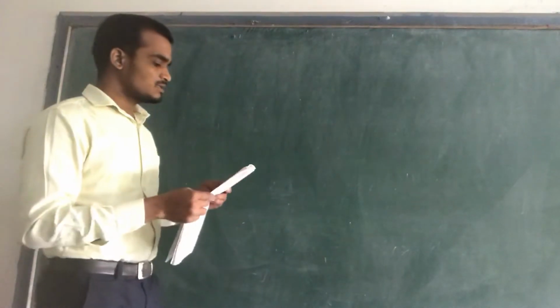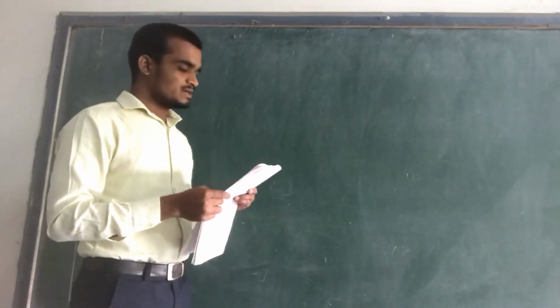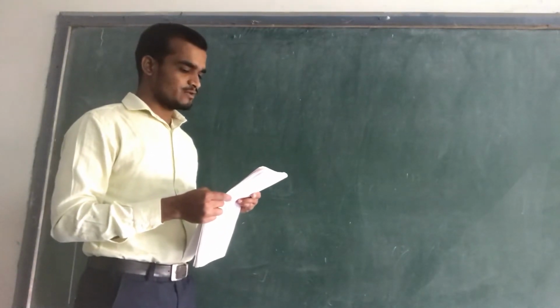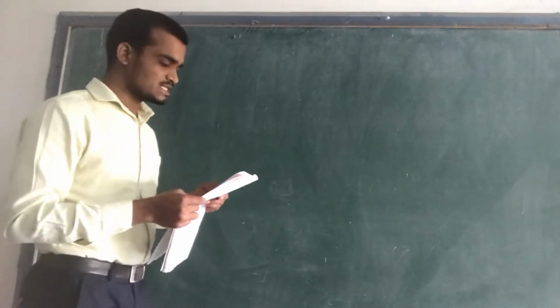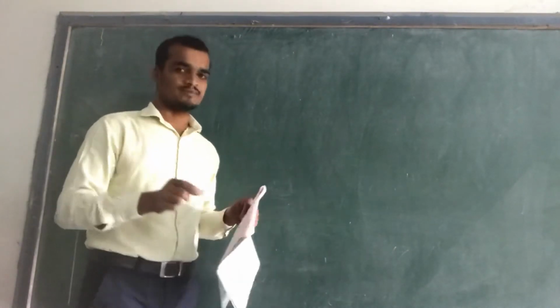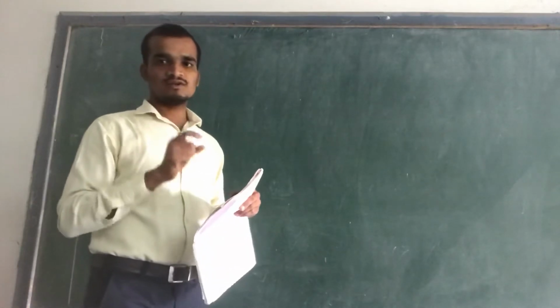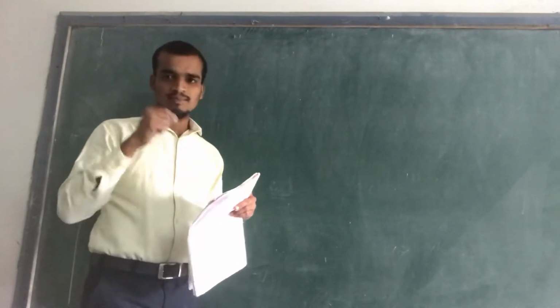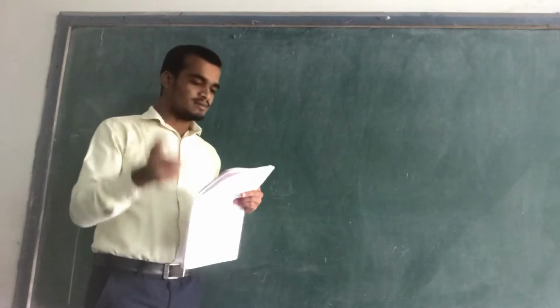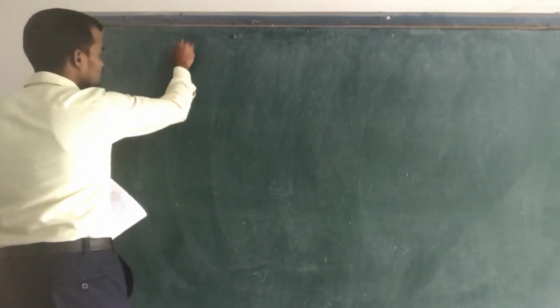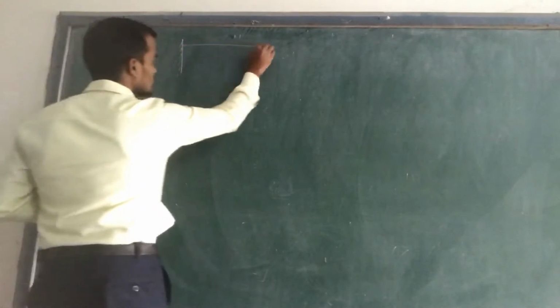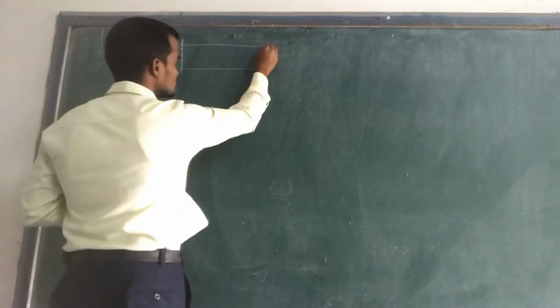In this example it is given to estimate the natural frequencies of axial vibrations of a bar shown in the figure, using both consistent and lumped mass matrix systems. So find the natural frequencies of the rod shown in the figure by both consistent as well as lumped mass matrix systems. This is the problem. One end is fixed and one end is free.